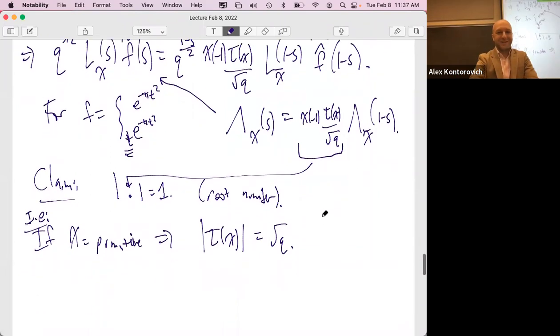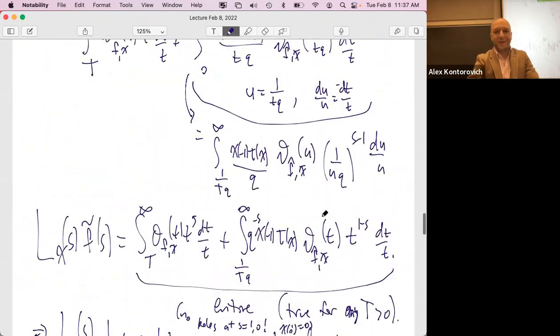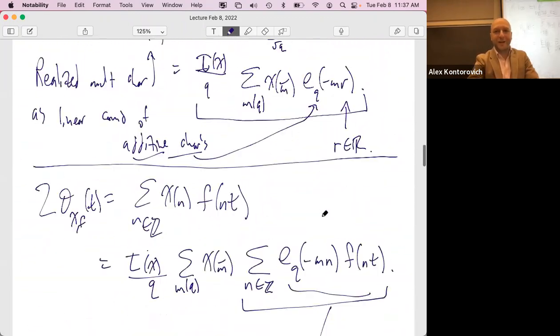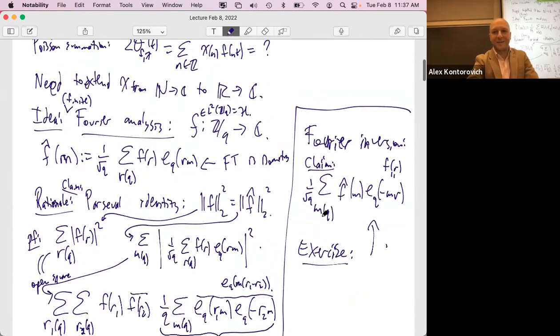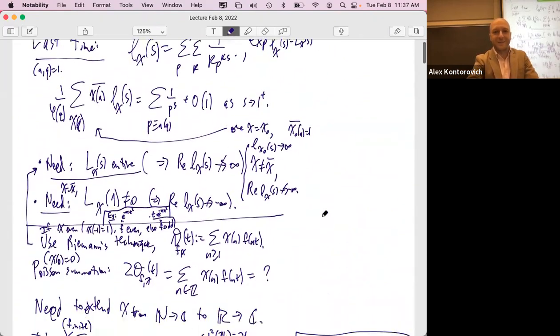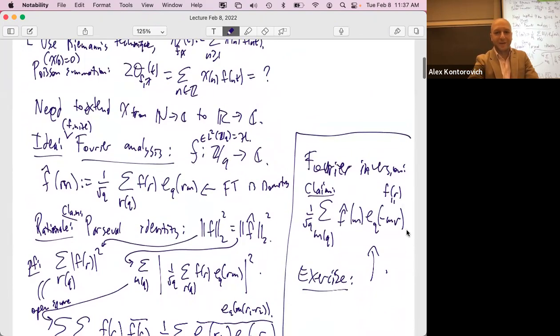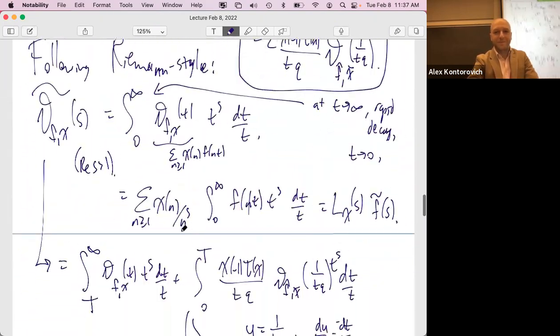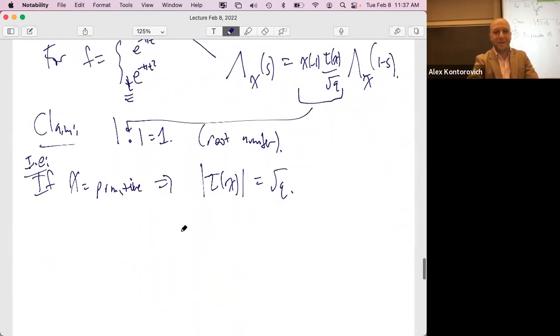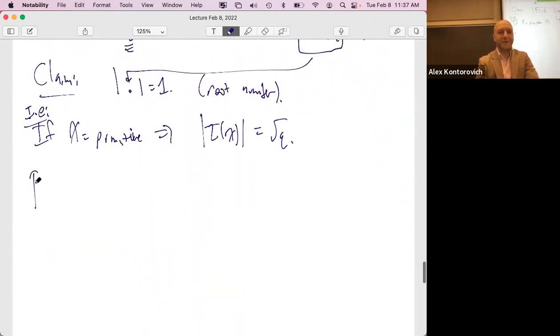It's just Parseval. Remember Parseval, which is why I wanted this normalization to begin with, all the way back at the beginning. Oh, too far. Where's Parseval? Oh, here it is, Parseval. Right. So let's remember Parseval. It's just going to be an immediate consequence of Parseval. Proof. Okay, Parseval